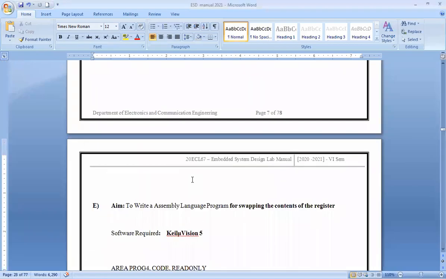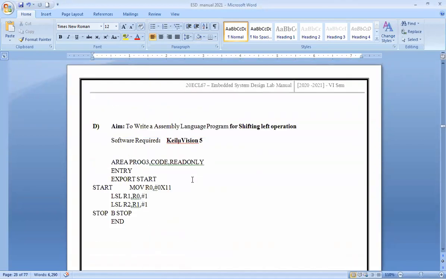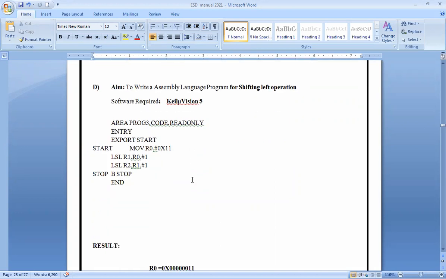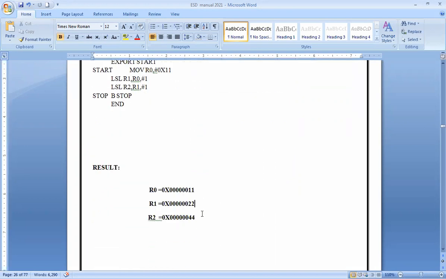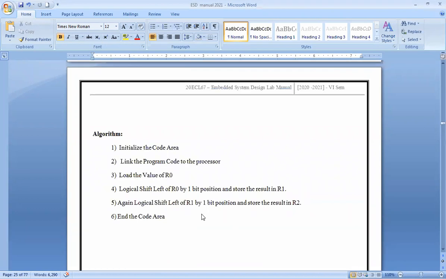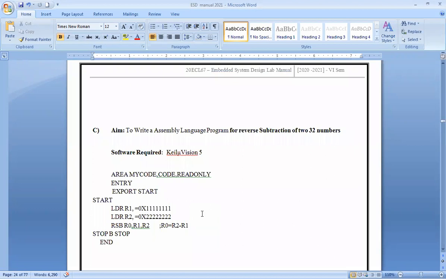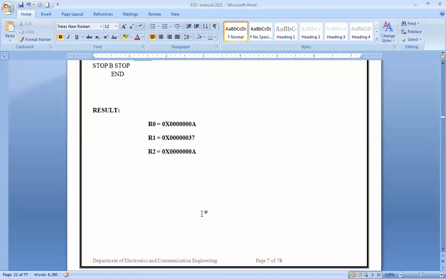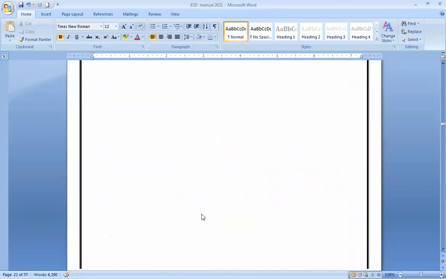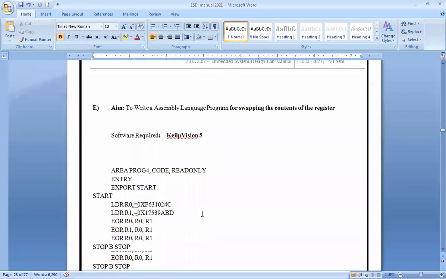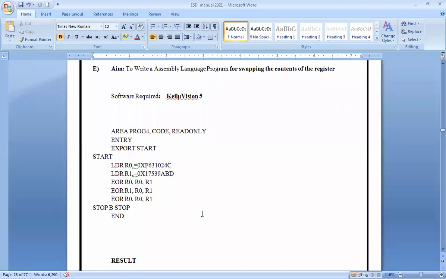Okay, so in the previous lab, we had looked into the shift left operation, and as we know, it multiplies by 2, just like how we know the bit values in digital electronics. The same concept. We also had seen reverse subtraction, and the addition of first in numbers. So today we will continue our learning with programs, and first we will start off with